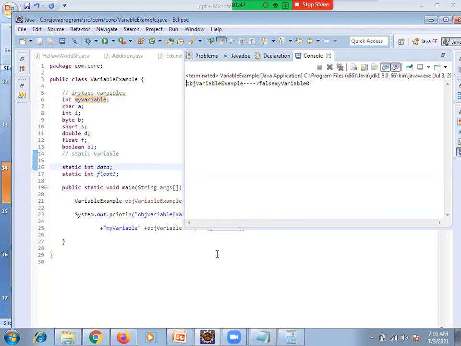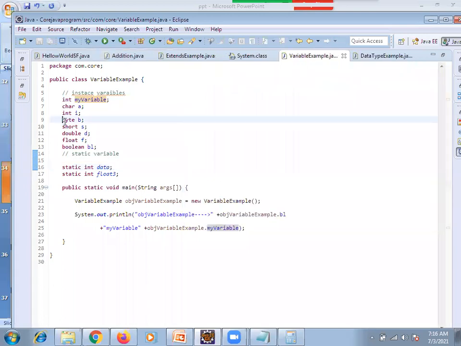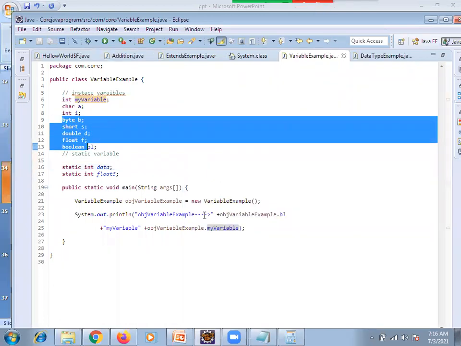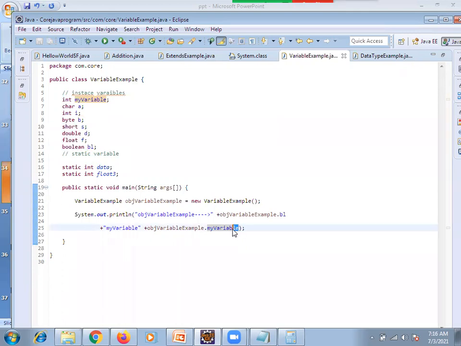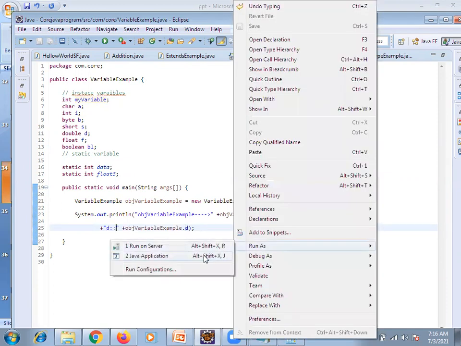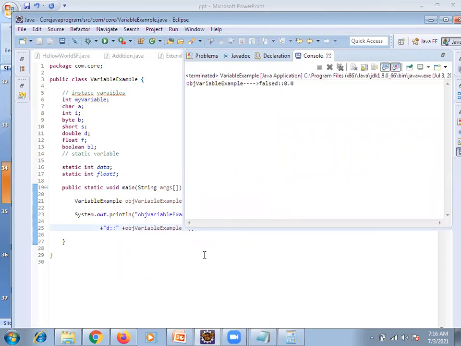Now coming to int. What will print here? 0. See, you are able to see, right? What is the output? 0. Like that for all. Now let's see double. Double means D, right? You can see D. Run Java. What is assigned for D?